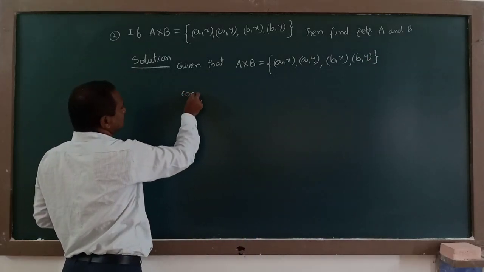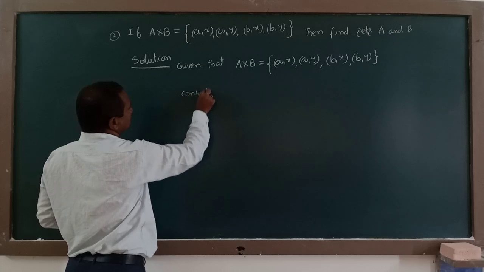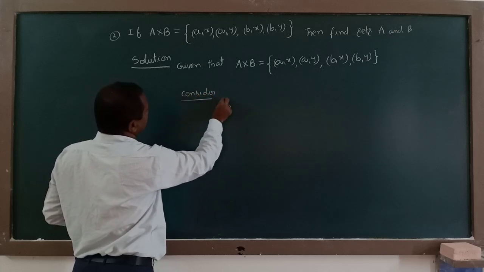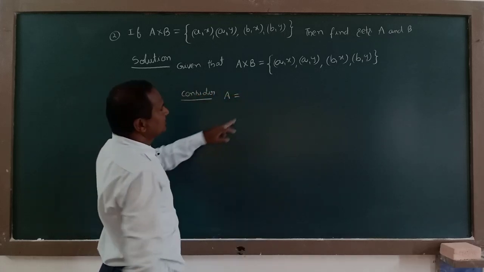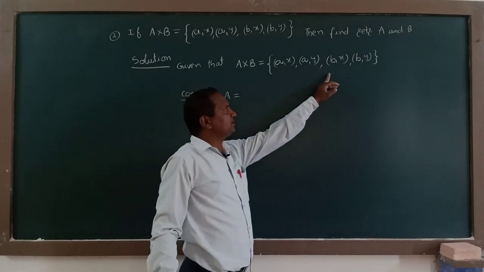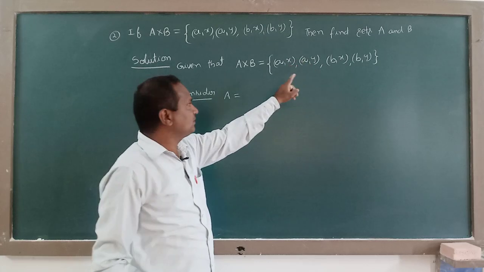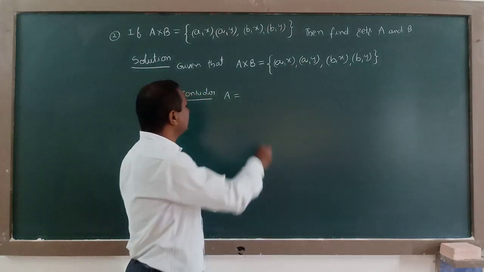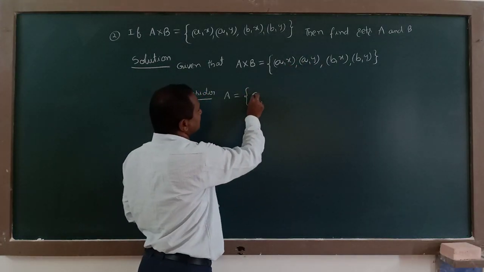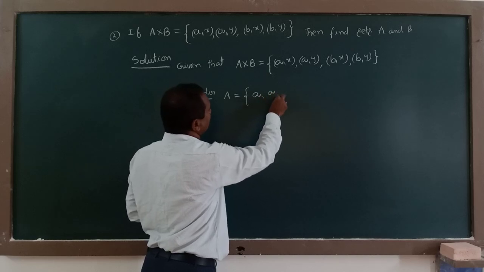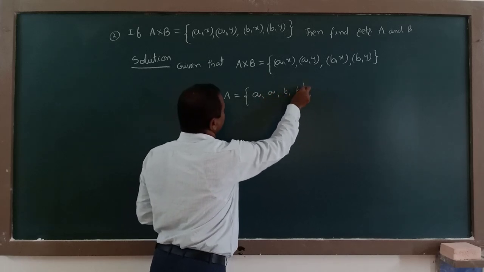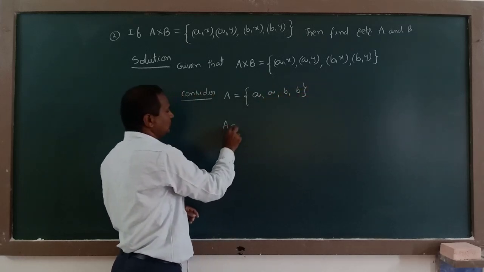Consider A is equal to {a, b}, because the set of all first elements belongs to capital set A only. What are the elements here? A is equal to the set of all first elements here, a comma and b comma b. That is A is equal to